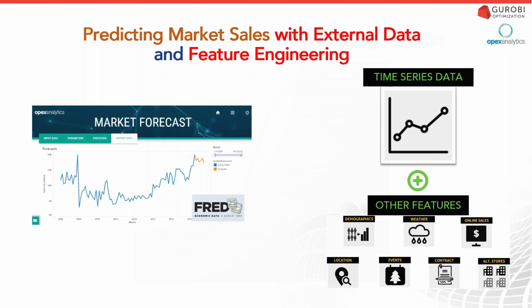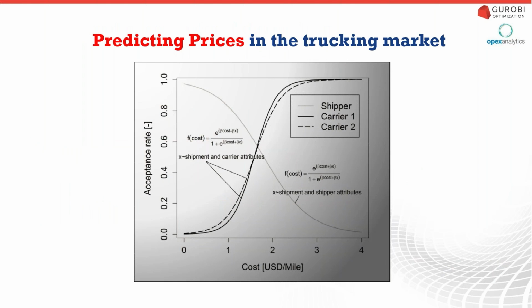And so forecasting, we can have anything from special events to demographics to weather to contracts to, is this particular retail location close to other competitors or not, and so on. And so this is the exercise of feature engineering. And I think this is where a lot of the creative effort comes into machine learning. And one of the takeaways for you guys is to think about what creative new data sets could I bring into my models to make them better? So how can I make my optimization models better with additional external features? And so I may bring in the features, use some machine learning algorithm, that eventually feeds my optimization model.